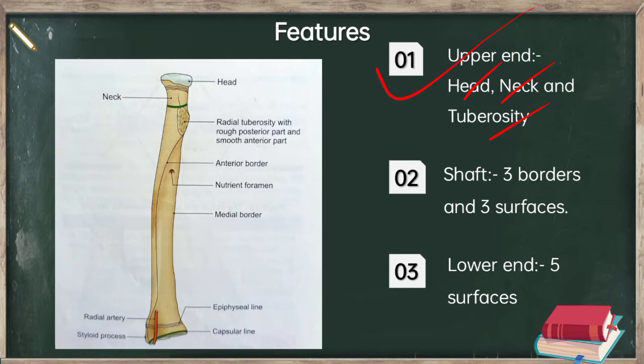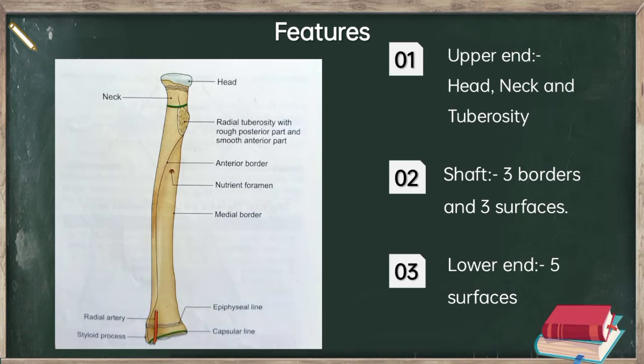The circumference of the head is also articular. It fits into the socket formed by the radial notch of the ulna. Now ulna has a radial notch and the annular ligament, and thus it forms a superior radio-ulnar joint. Alright. Now moving further to the neck. Neck is enclosed by narrow lower margin of the annular ligament. The head and neck are free from capsular attachment and can rotate freely within the socket. Tuberosity lies just below the medial part of the neck. See, this is the radial tuberosity and this is the medial part of the neck. It has a rough posterior part and a smooth anterior part.